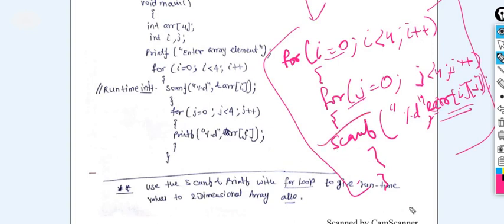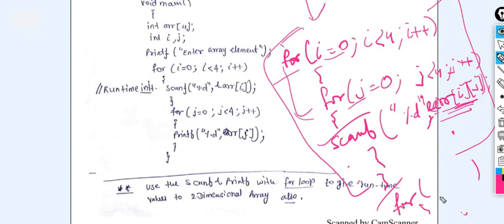Same as with printf, you cannot do the same thing in a single loop for printf and scanf. Why? Because if you do, it will not show an error, but it is not reliable. If you are inserting one element and displaying the same element, it will not be a healthy scenario to see the array elements in a two-dimensional array. So we can take two nested for loops again for displaying the same elements. So two nested for loops for the insertion of the elements in the two-dimensional array, and the same you can do for printing it.